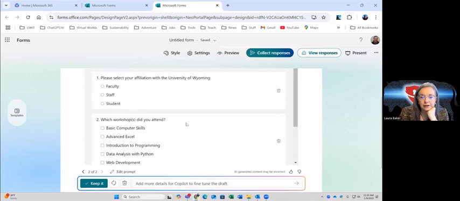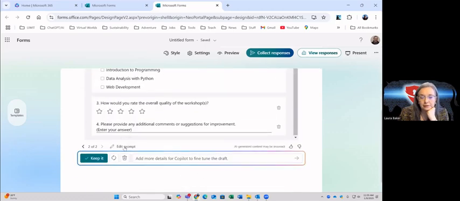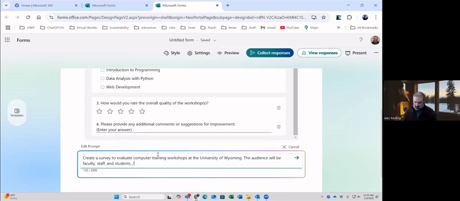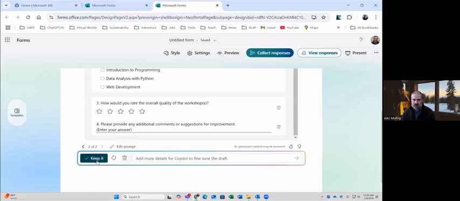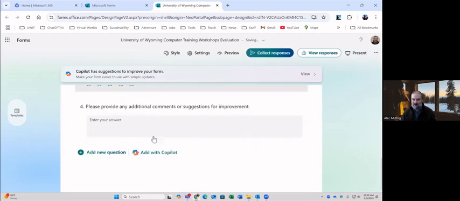Can you reference a Word document on this to use for the outline or something? I don't think so. I don't think I can edit a doc or reference a document from Forms. I have not seen that capability, but that would be fantastic. When I like it, I keep it, and then I go in and make my own adjustments to it.